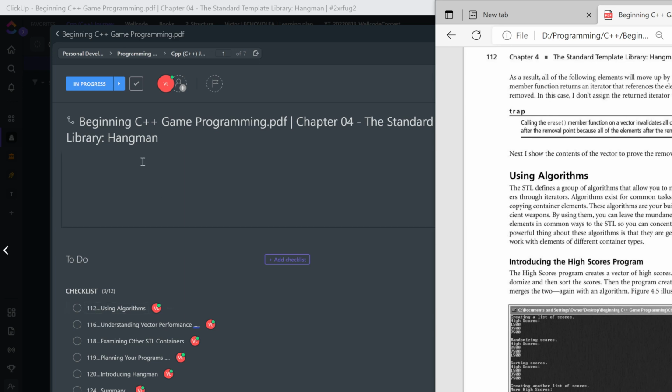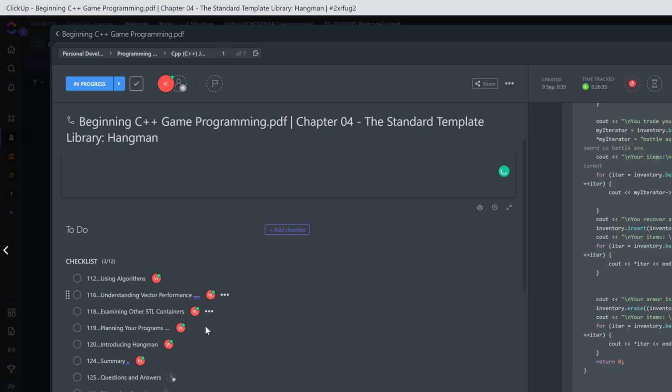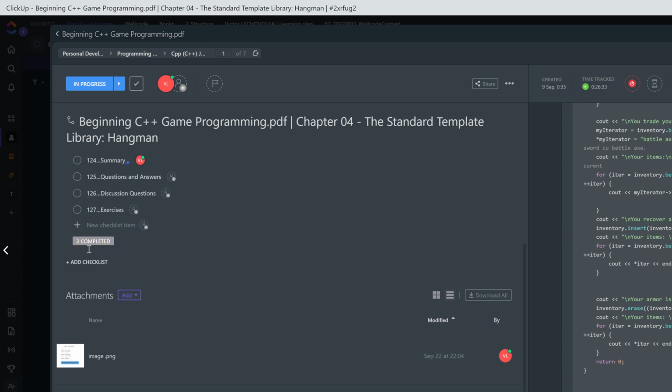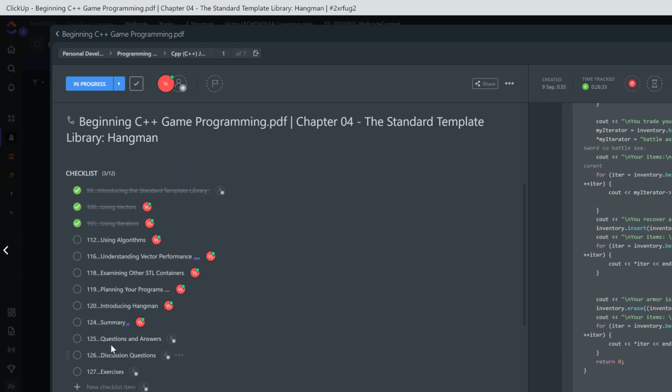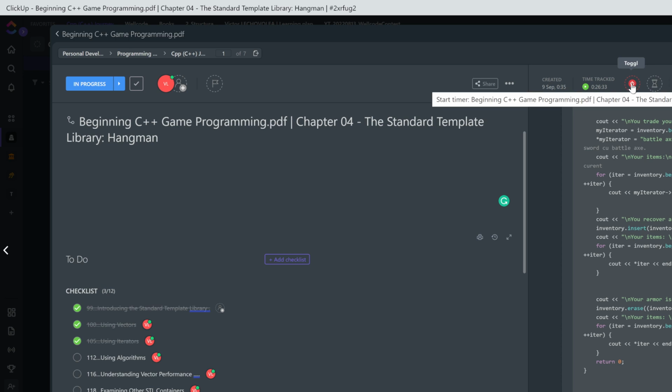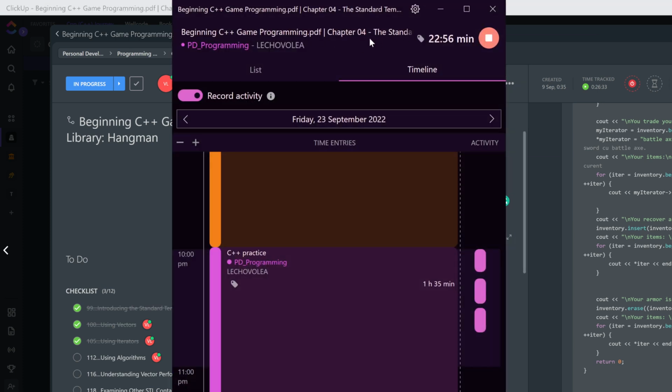So I'm here right now, and here you can see I have 3 completed. So I can see, look, I have these completed. And the tracking time, I'm doing the tracking time with Toggl Track, and this is my Toggl Track. So it tracks my time,